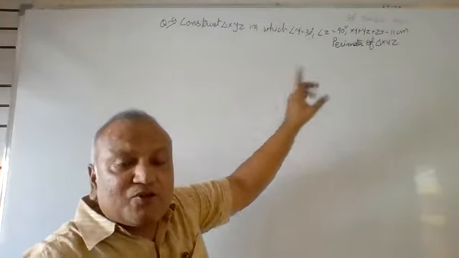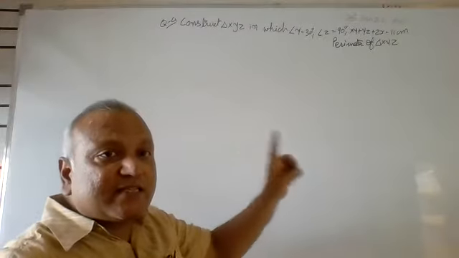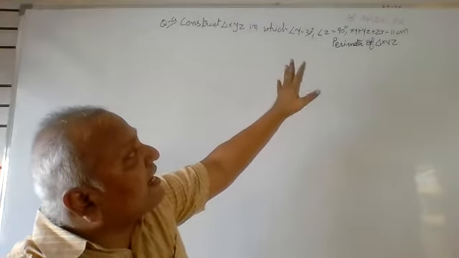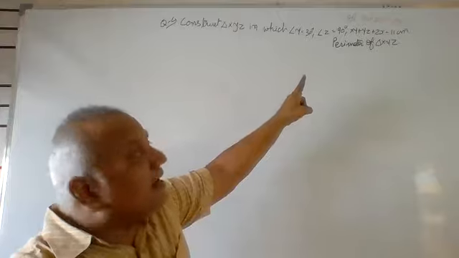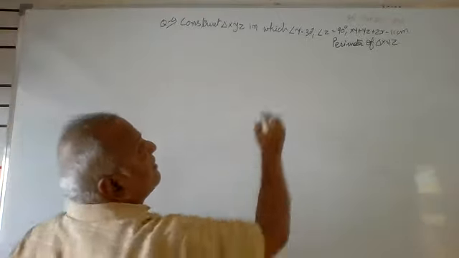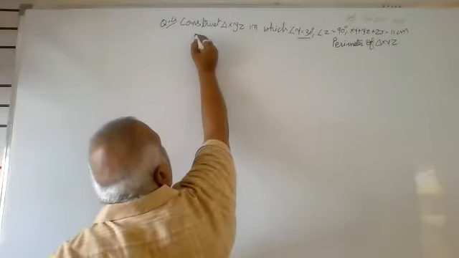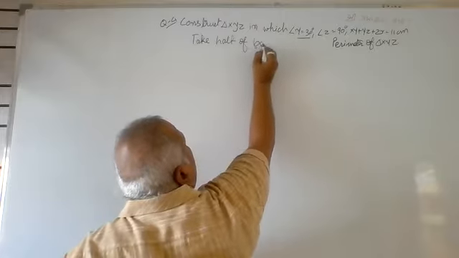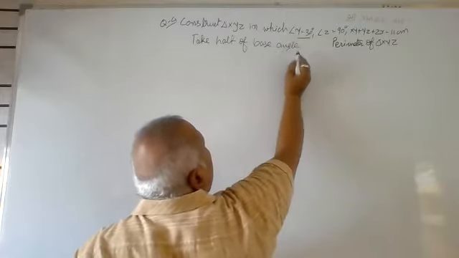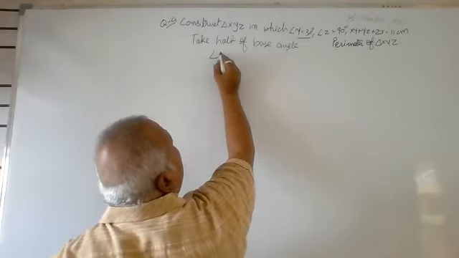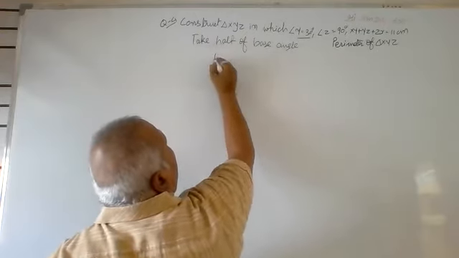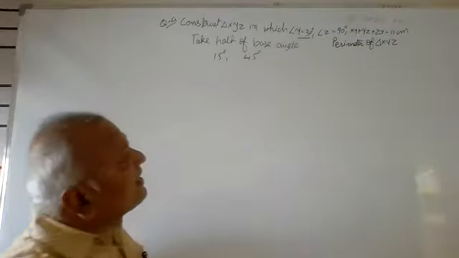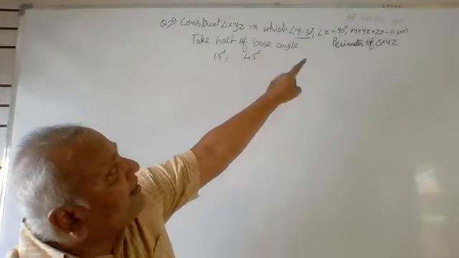So friends, you must remember the necessary instructions. XY plus YZ plus ZX, 3 sides are added. So it is given perimeter. And one more thing we have to remember, whatever base angles are given, we have to take half of the base angles. So we should construct angle 15 degree and 45 degree because we are given base angles 30 and 90.